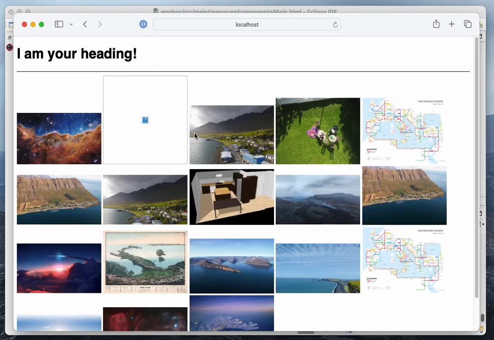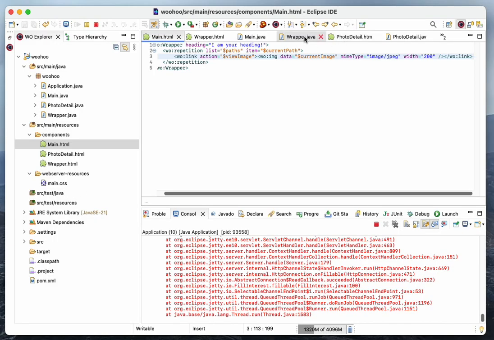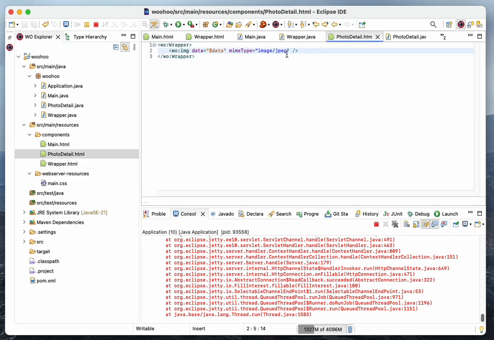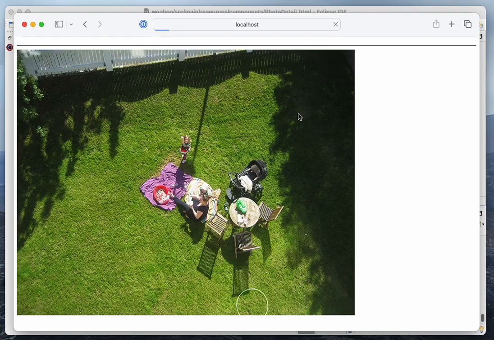And let's see if I can click one of the images, and I can. It's a little big, so I'm going to go back to photo detail and say width equals 800 pixels. Much nicer. So now we have multiple components, and we have,